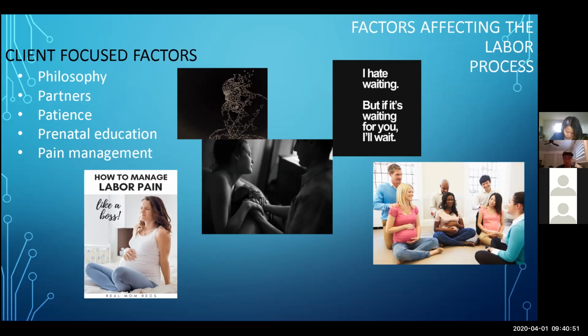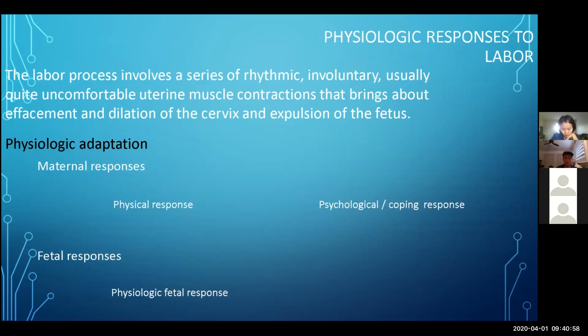We talked about how the labor process involves those rhythmic, involuntary, usually quite uncomfortable uterine muscle contractions that bring about effacement and dilation of the cervix and eventually the expulsion of the fetus. At term, the changes occur in the cervix that make it softer, and uterine contractions become more frequent and regular, signaling the onset of labor. During labor, mother and fetus both make several physiologic